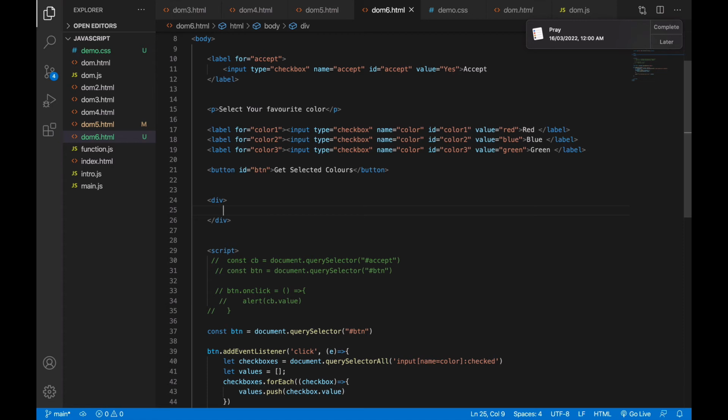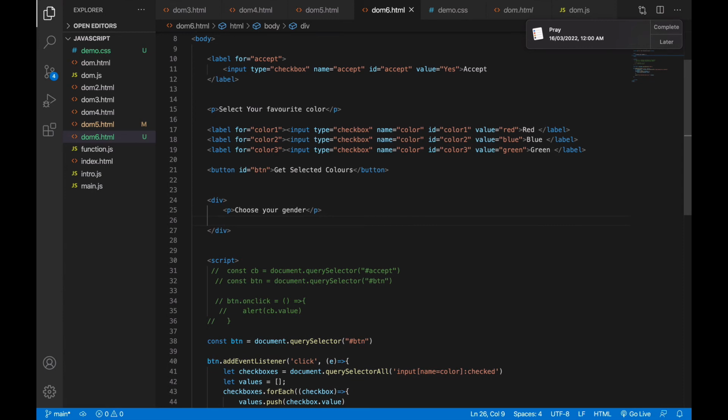So you can say paragraph, choose a car for yourself, or choose your gender. Of course, you cannot have more than one gender. So these are the cases where the option can only be one. So these are the cases where you use